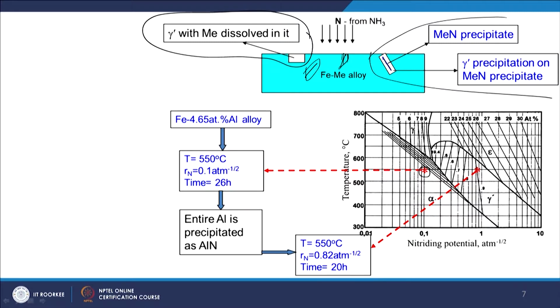Now, you take the same sample, which has a BCC matrix with aluminum nitride, and take it to the condition where you try to grow the iron nitrides. That means, if I already create them, then in what way can the growth of iron nitrides happen? So, such a strategy can be employed in order to find out.